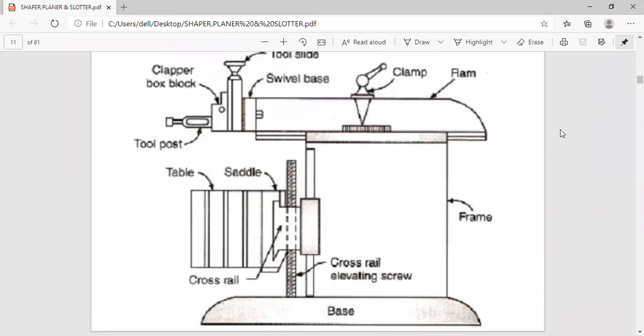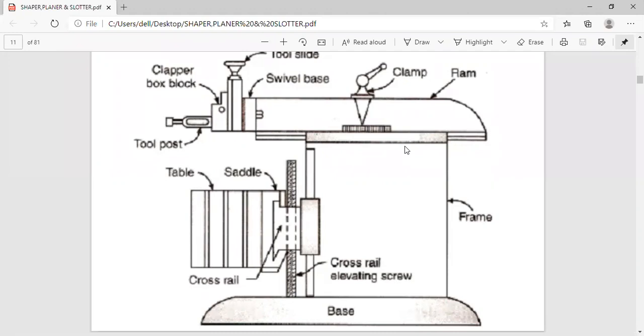On the guideways, you see the ram, which reciprocates. Also in front of the column, we have the cross rail. This is the top of the column, and on the front of the column, the cross rail reciprocates also.